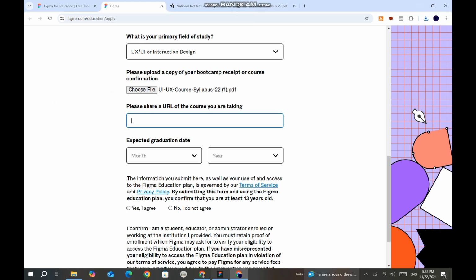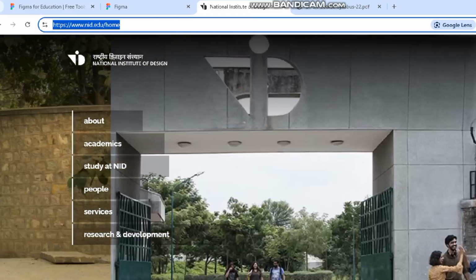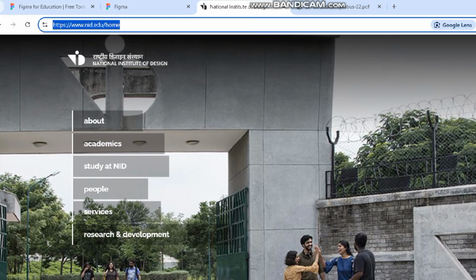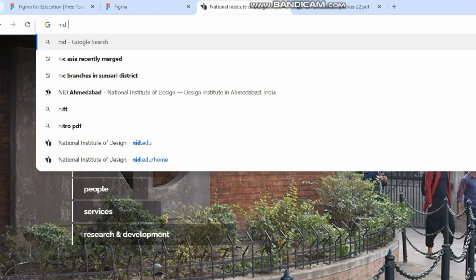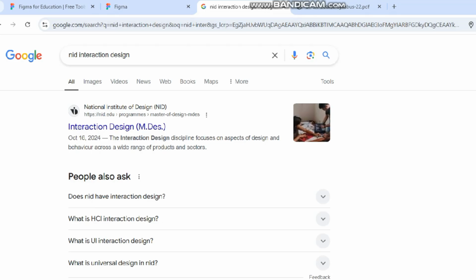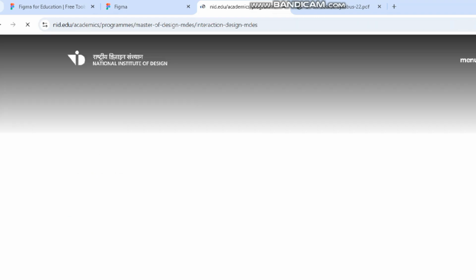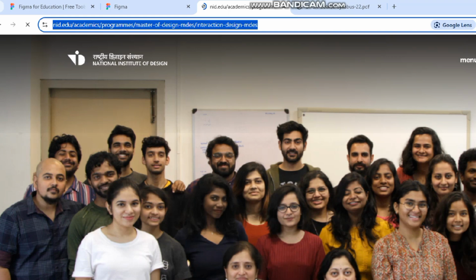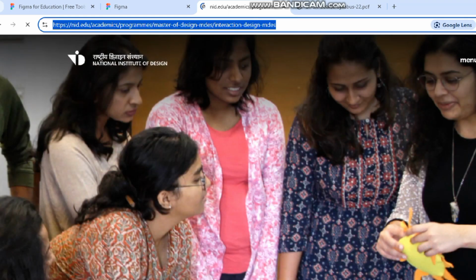For the URL of the course, again go to Google and search NID Interaction Design and click on the first link, and here you see Interaction Design. Click on it and copy the link and again paste it to the Figma website